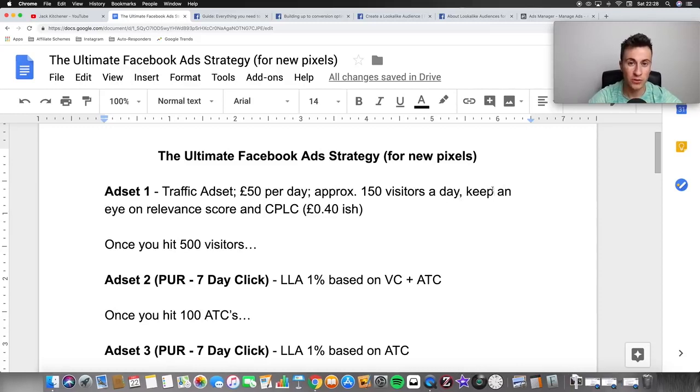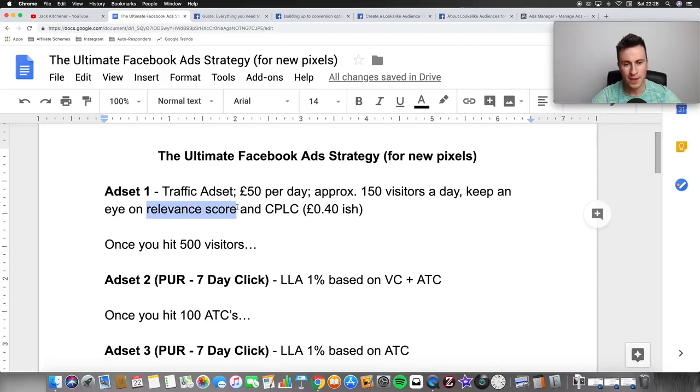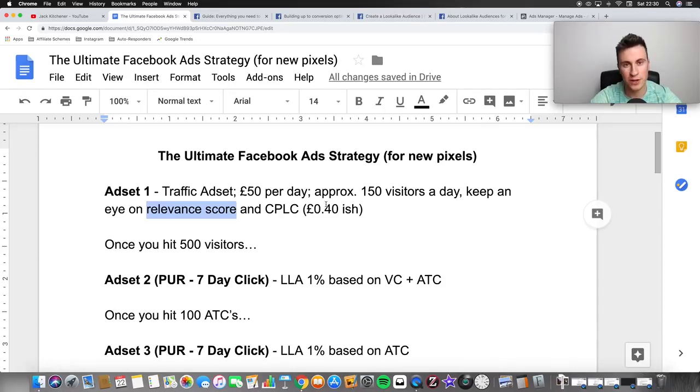So two things then to keep your eye on. Number one, which is the relevance score. This score is not the be all and end all, because I've had ad sets that have had a relevance score of like 4 and 5, but they've still been really profitable. But for traffic ad sets, then what I want you to do is get that score as high as possible,